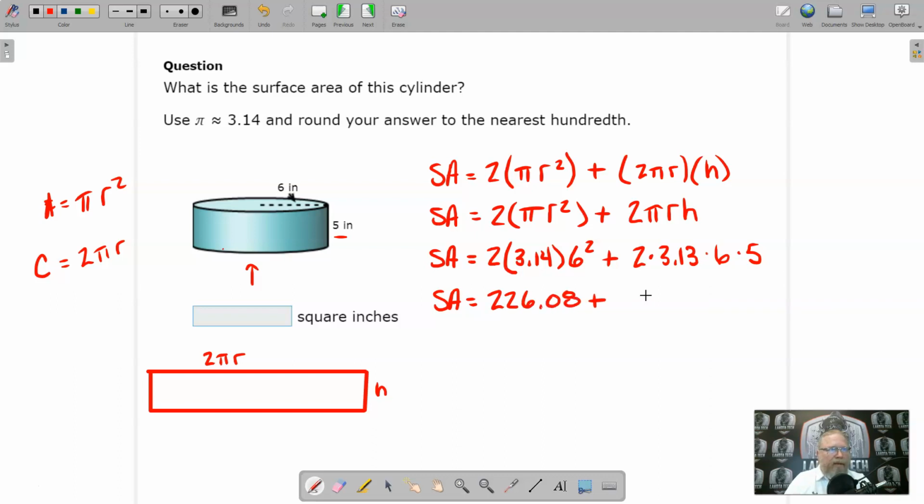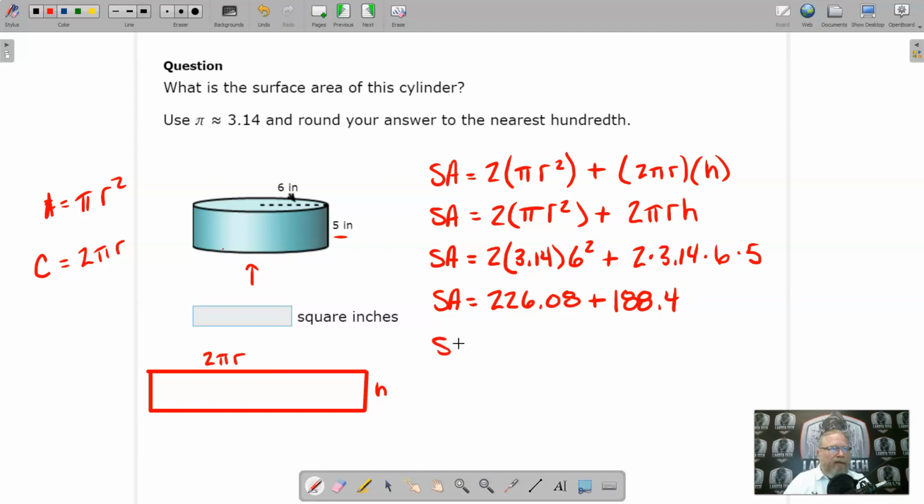226.08. Now let's do 2 times 3.1. And boy, I'm really out of it today. That's supposed to be 3.14. We'll go ahead and change that. I put 13 for some reason. And I did it again. So 3.14. There we go. So 2 times 3.14. Multiply that times 6. And multiply that times 5. Look at my calculator. Yep, got all that right. That's going to be